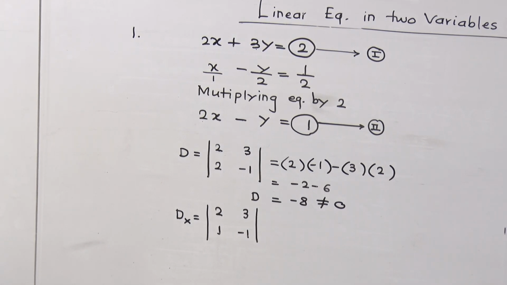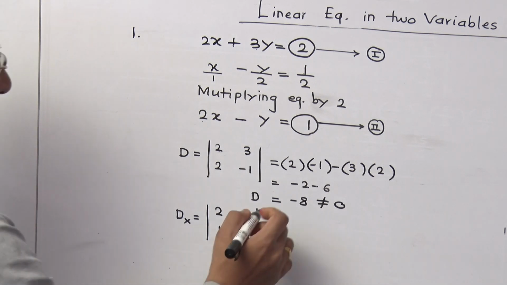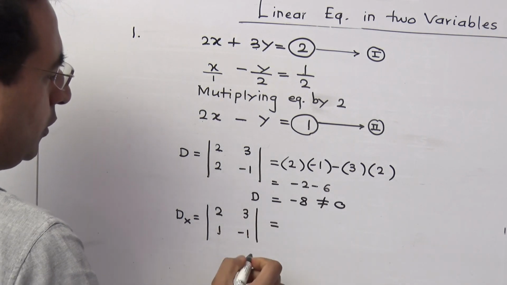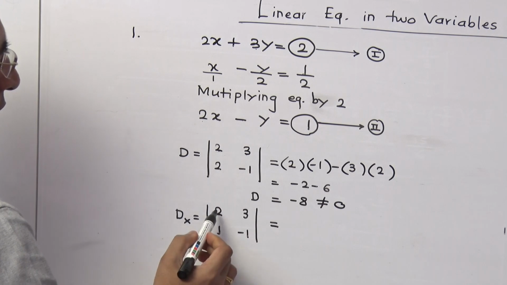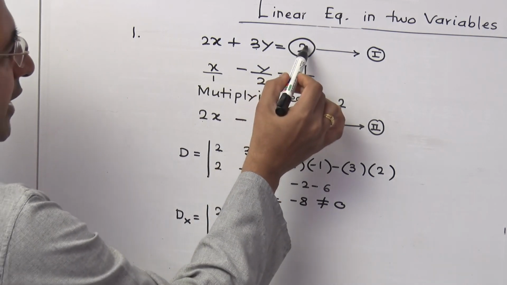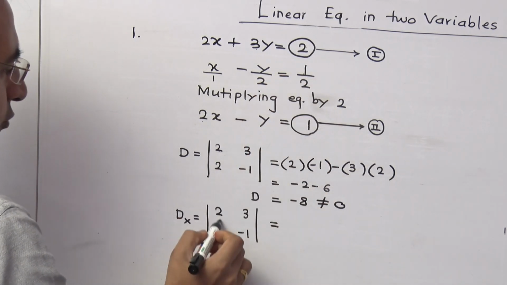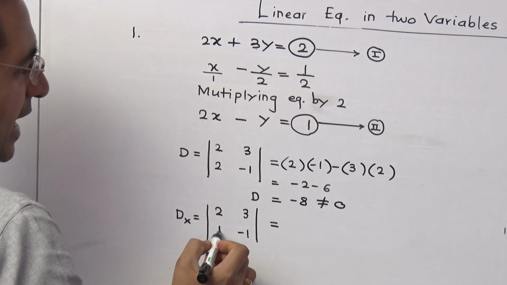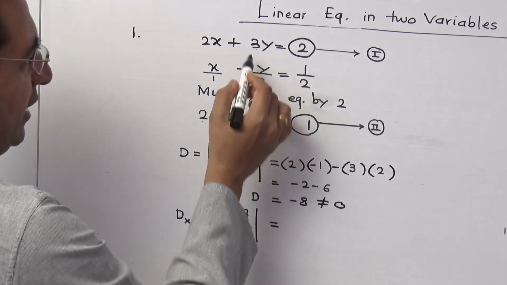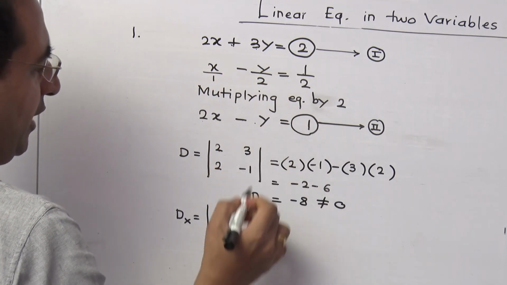Is it clear to you? Are you getting it like this? Then what you have to do? It is again, I repeat, dx when we write the answers here, that is 2 and 1, and this y column will be written as it is, that is 3, and this we are getting as -1.